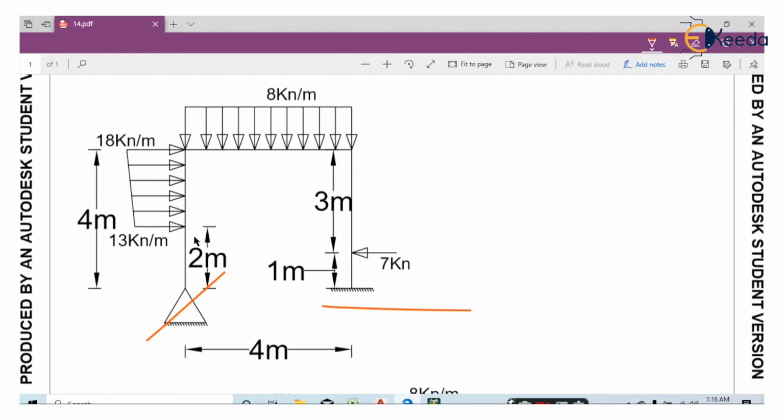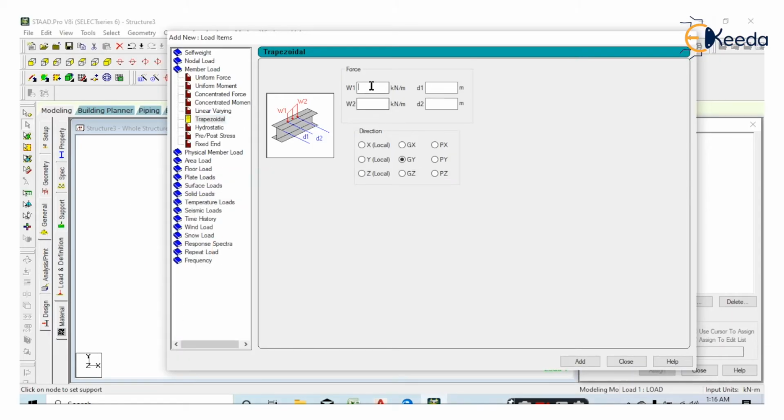So what is W1? W1 is 13 kilonewton per meter. W2 is 18 kilonewton per meter, right? W1 and W2 are positive 13 and 18 because it is in the rightward side and the direction is GX direction, right?